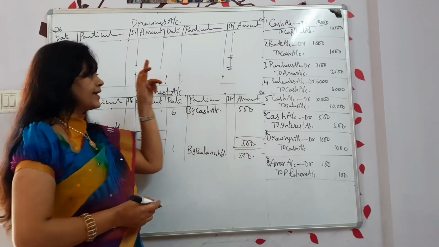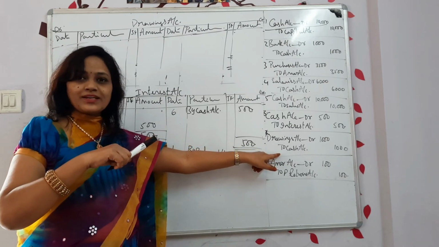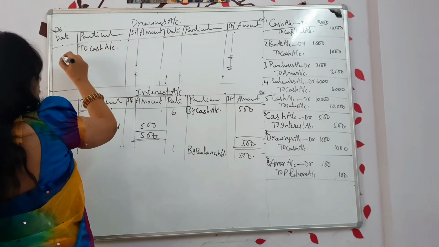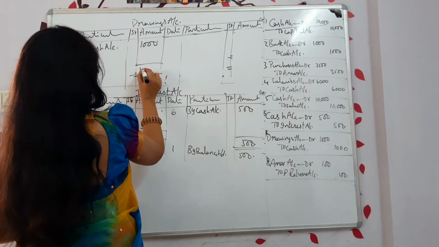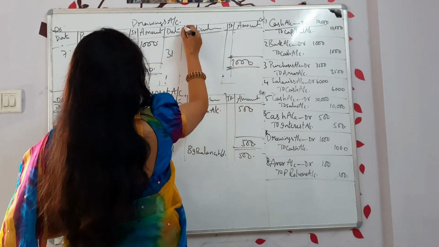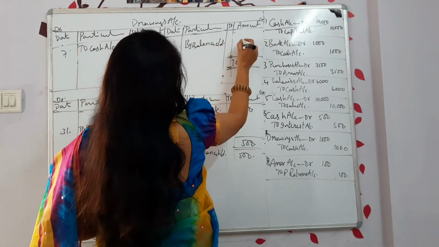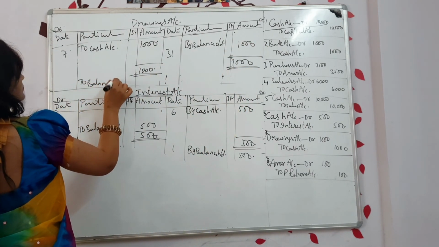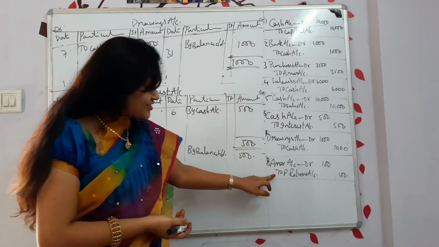So now I should write down debit side. What will I write? Again will I write drawings? No, right? You have to write whatever is there on the opposite side, that is cash. So write down to cash account, 7th one, amount 1,000. Only one transaction is there, not more than that. So write down 1,000 on both sides. On 31st, by balance carry down 1,000, to balance brought down 1,000. This is on first.